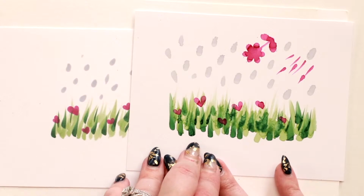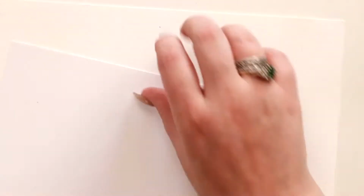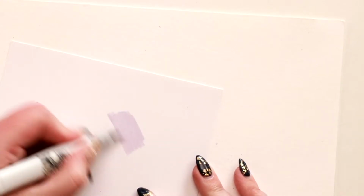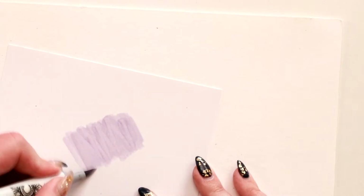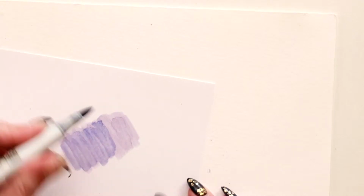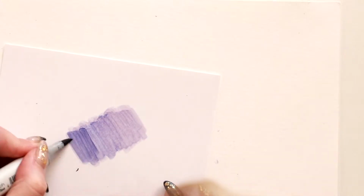You can also do really nice alcohol blends on it, if you want to practice your blending. So if you want to practice these, we can turn it over and use the other side. If you want to practice doing your blends, you can start off with your base shade. You can hear it has a little bit of a squeak just because it has a coating on it. Then you can take your mid shade. You go back to your light again. See how that fades out so perfectly. And then you can go to your dark,